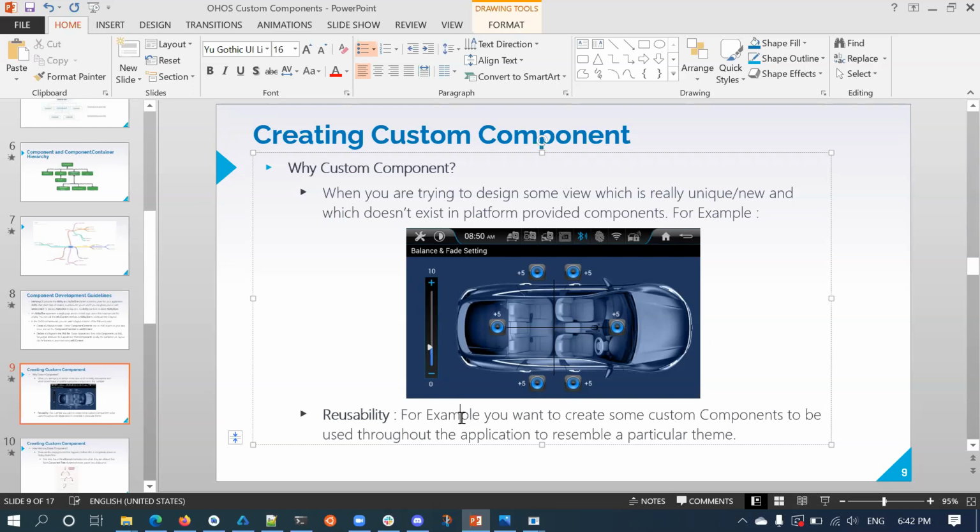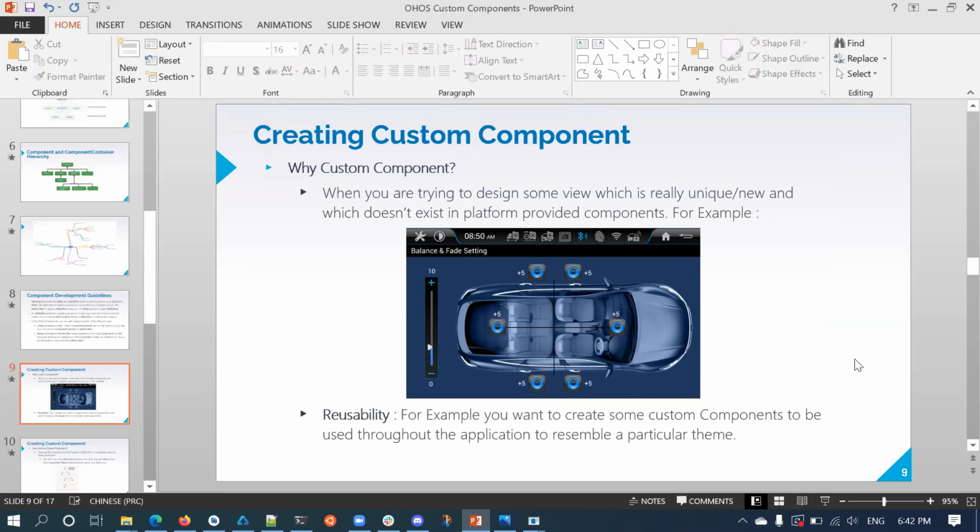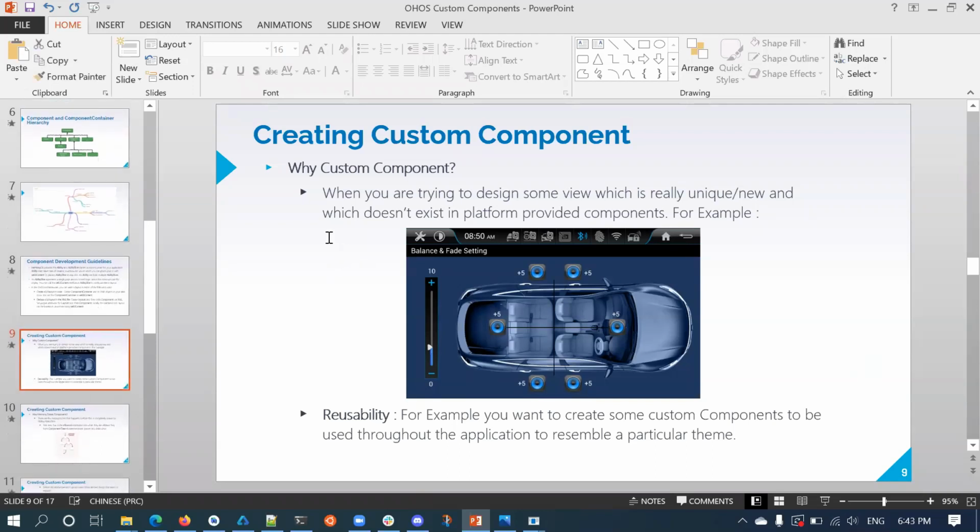They will have multiple pages, right? Friend request page will be there, like that. There are different pages, and they will reuse this custom component everywhere. Similarly, in future, you will also be developing some application. You want to create some button and other components that will match the theme of the application. In that case, you have to take the platform provided widget like button or text, extend it, do some custom drawing to resemble the theme of the application, and reuse it everywhere throughout the application. So these are two valid scenarios where you will go for custom widgets.